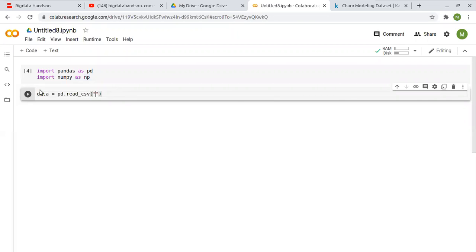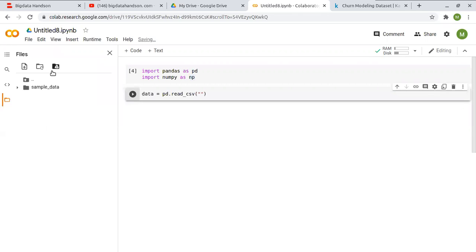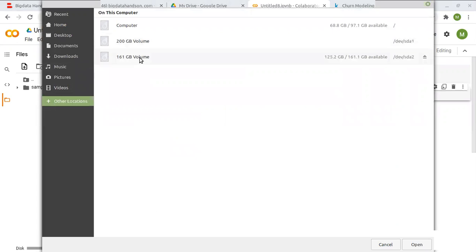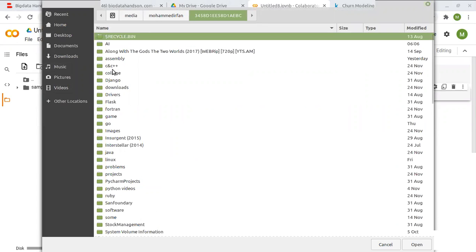In Colab, if you want to read a data set, one method is to connect with the drive. You can access the data set in your drive, or you can upload it in the session. You can press this button and upload it from your machine.